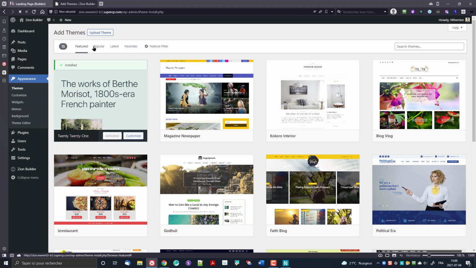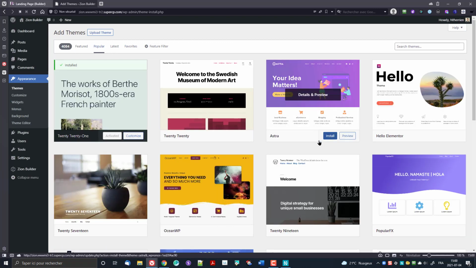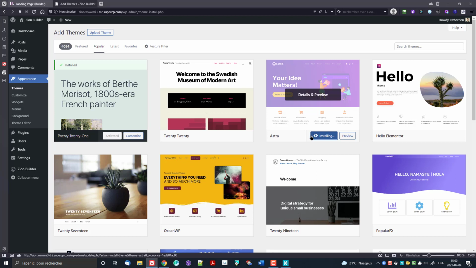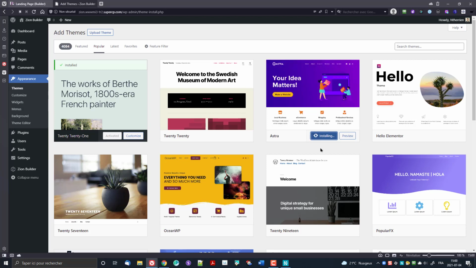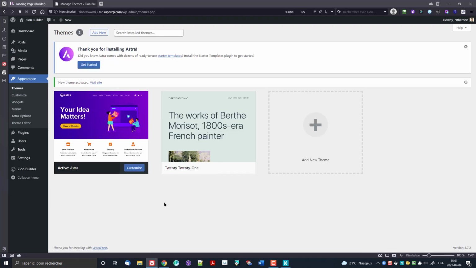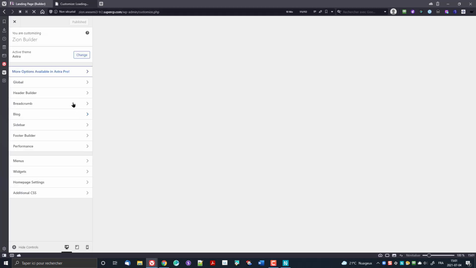Maybe if I go to popular, I usually use Astra. Cadence is a pretty popular one as well. Lo is pretty basic one, made for Elementor usually. So since it's the first one, let's go with Astra. So I'm gonna install that one. And of course, I'm used to Astra Pro, so pardon me if sometimes I expect to see some features and I don't see them. So if I go into the customizer,